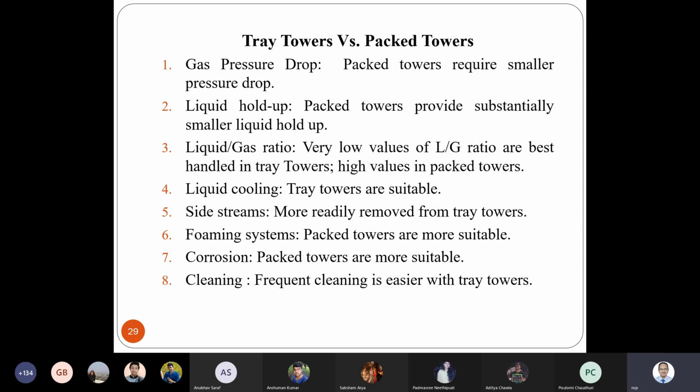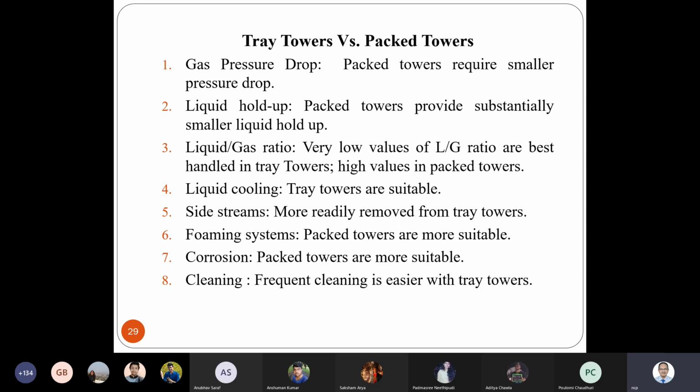We are producing some heat sensitive materials like fragrances, some extract kind of things. Then basically it is not possible to go for these tray towers, because there the liquid residence time inside the tower is relatively high compared to packed towers, and during that residence time your liquid may be degraded by exposure to this high temperature. So we don't want that. So obviously then we have to go for packed tower, right?